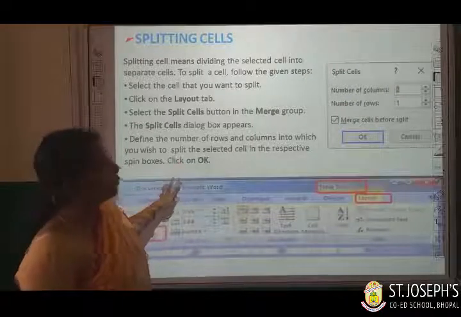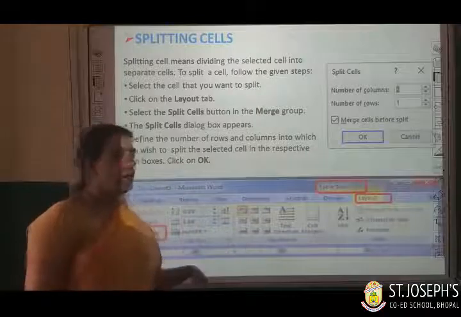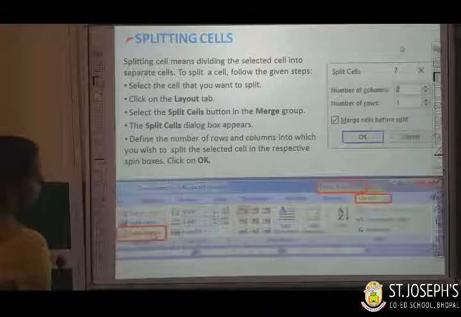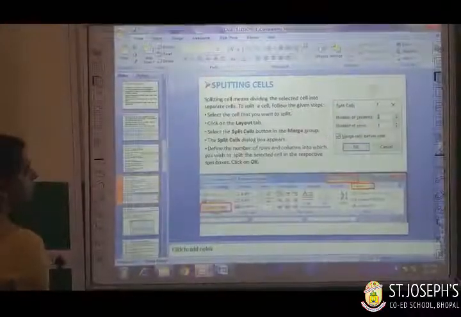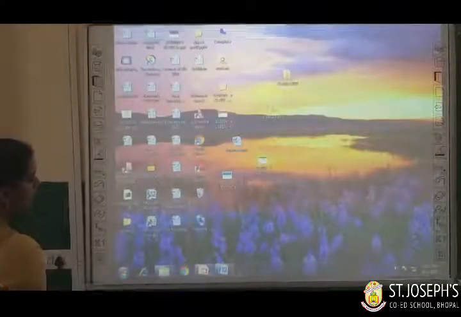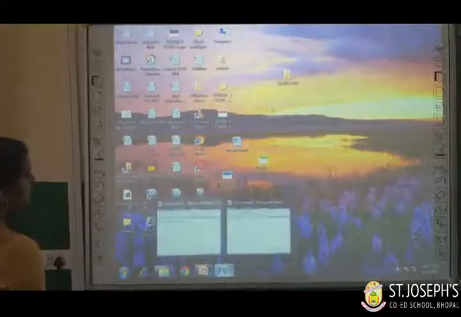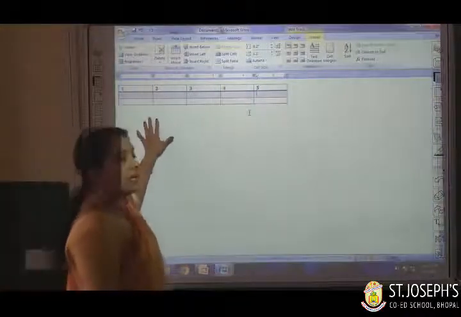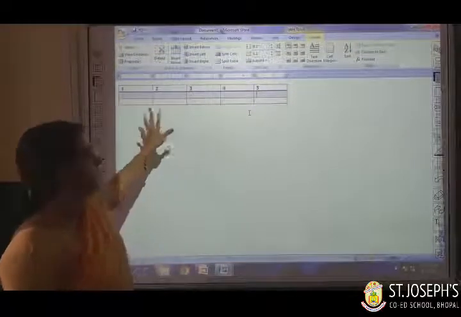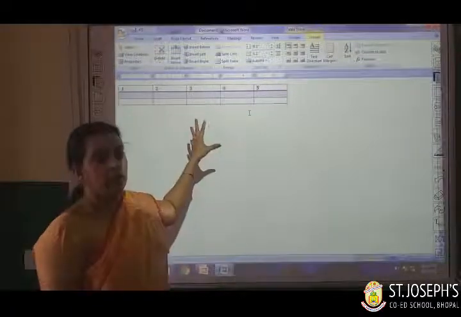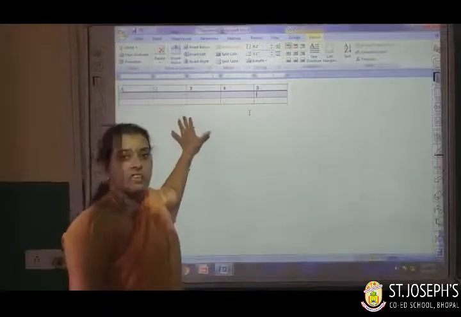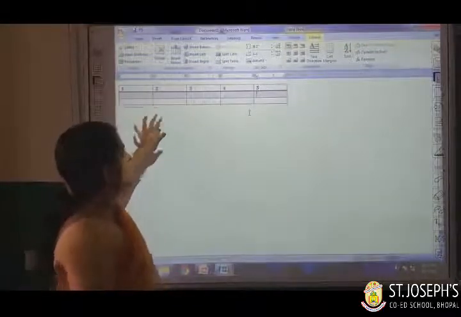So let us see how to do this. Are you ready, children? Yes, minimize the PPT. Then we go to table split. We have put our table styles and all. It is ready. In the last class we made a table and modified it. We have formatted it, and formatting was also done with the help of table styles.